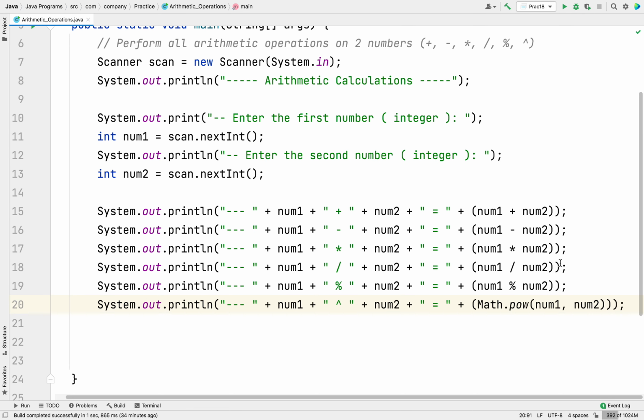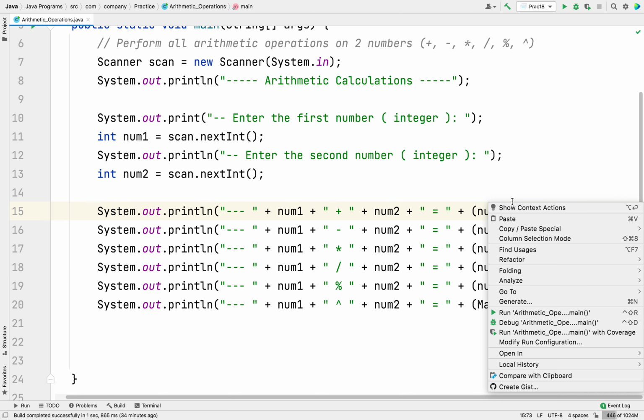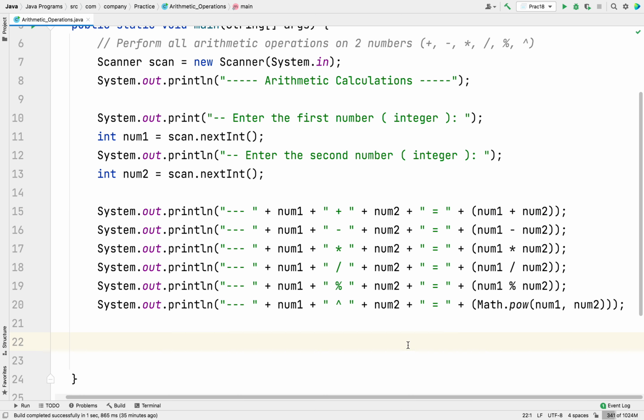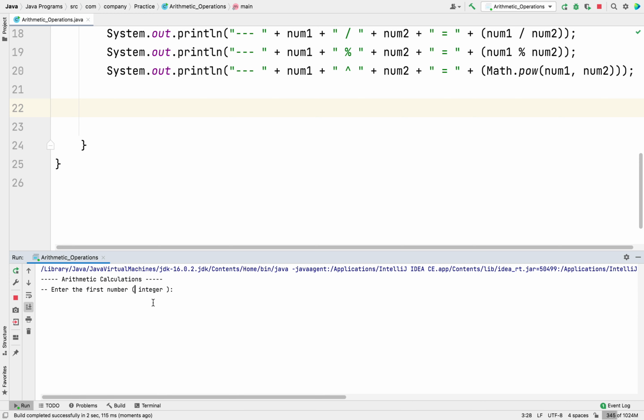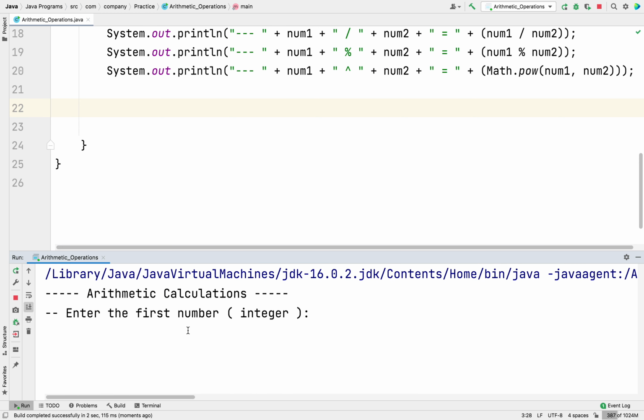Let's try this. To run this, you press Ctrl Shift R, or on a Mac, or you can just right click and choose run. So Ctrl Shift R, it's running, and there you go. Arithmetic calculations. For the first number I am taking 5, and for the second number I am taking 3.